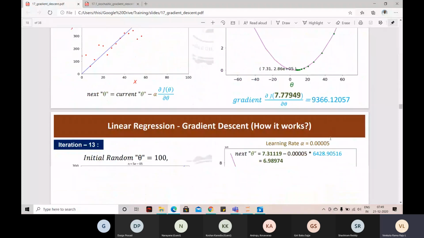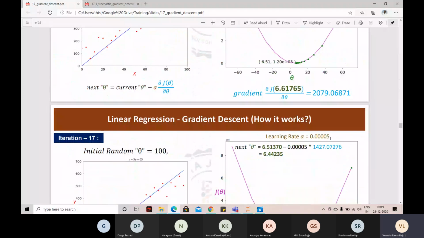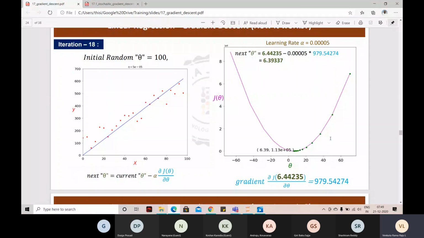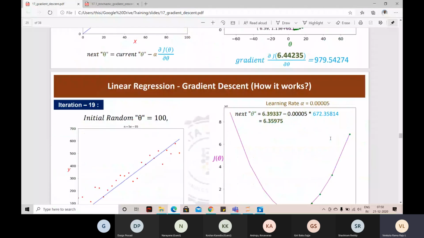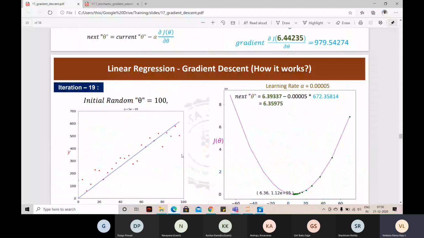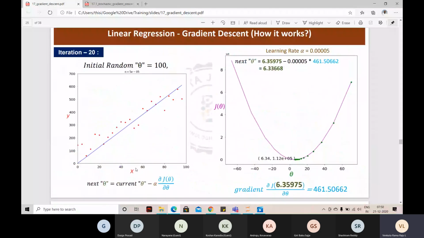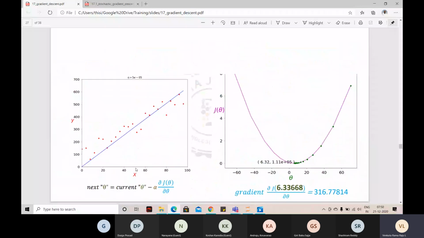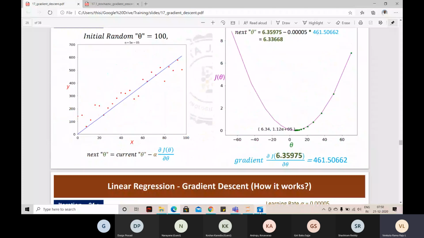Without this formula, next theta equals current theta minus alpha into the derivative of the cost function with respect to theta, we would have drawn many lines, but we don't know which one is the minimum. We may calculate cost, but is that the best minima? We don't know, right? So to follow a systematic approach and reach the global minima like this, okay,